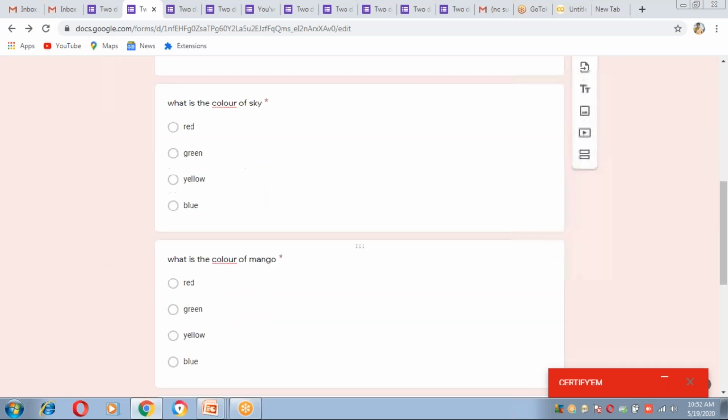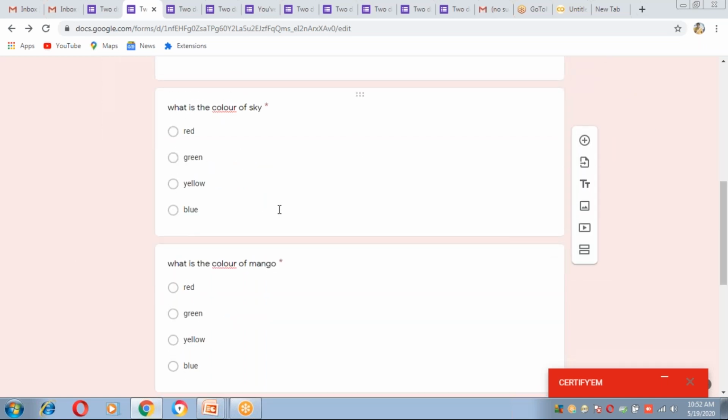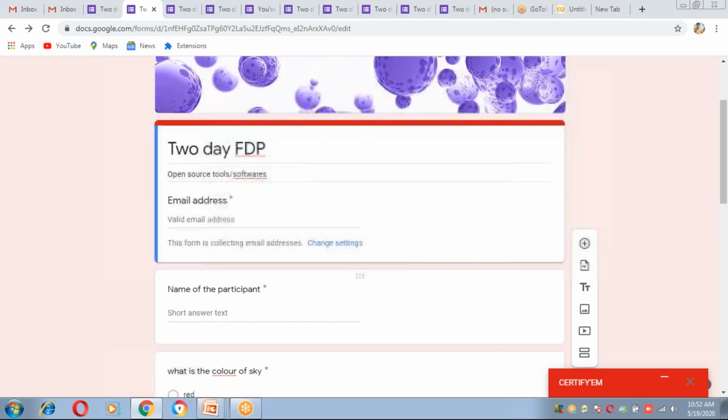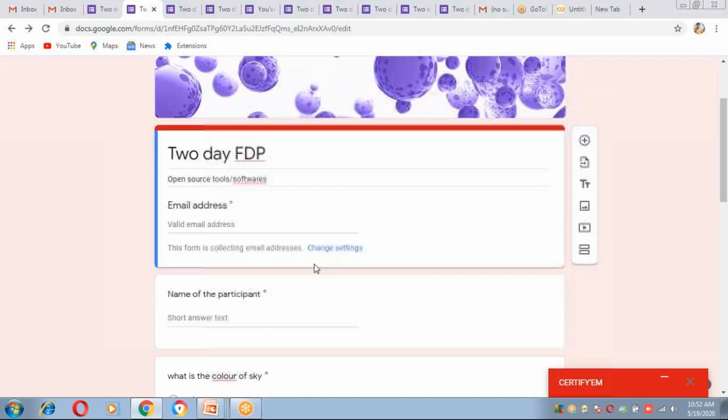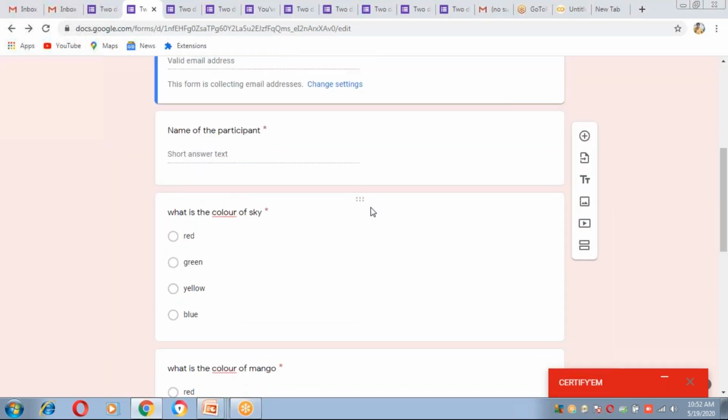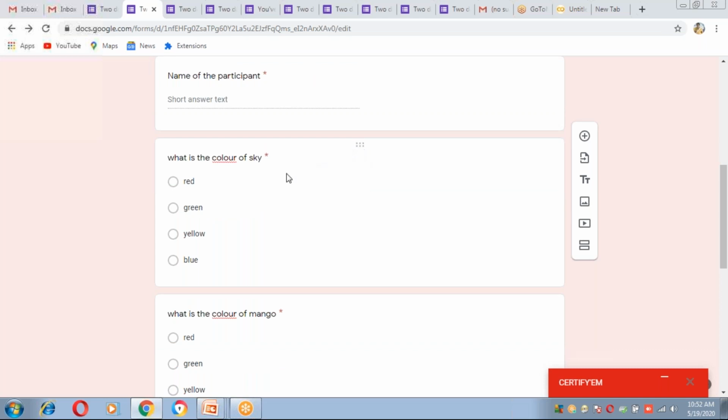And one more thing, see here in this Google form, there are six dots, six points. This point is for shifting the questions. For example, this question is my first question, but I want to make it the second question.